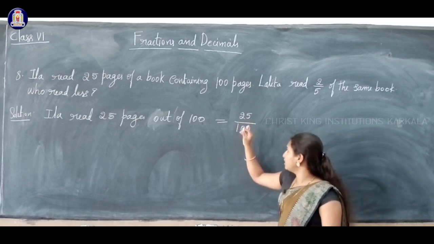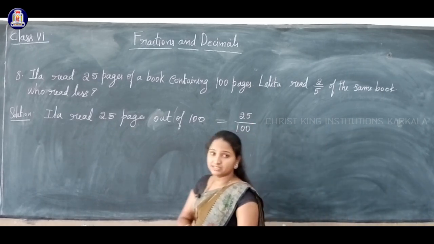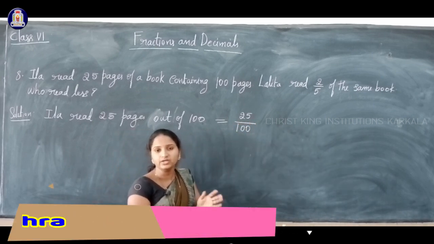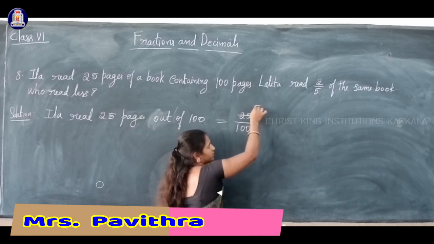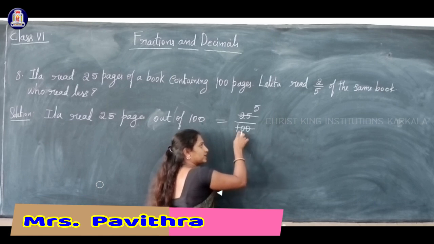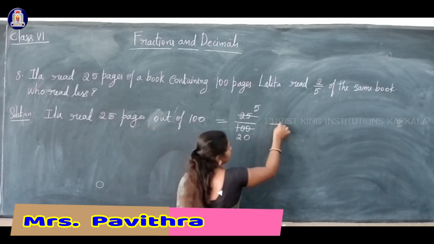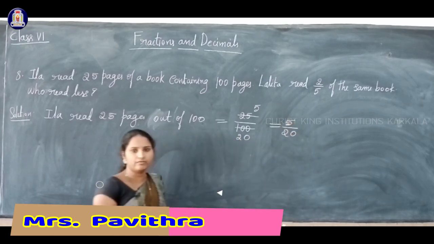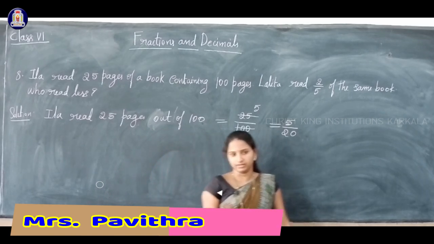You know that 25 and 100, 25 divides. 25 how much are 100? If you don't know the table, you can divide it by the 5 table. 5 divides, right? 5 how much are 25? 5 5s are 25, and 5 2s are 10, and remaining 0, 20. So the answer is 5 by 20. Now again we can divide 5 by 20 by the 5 table, isn't it?